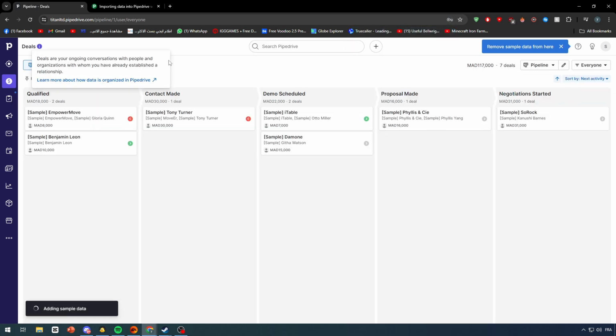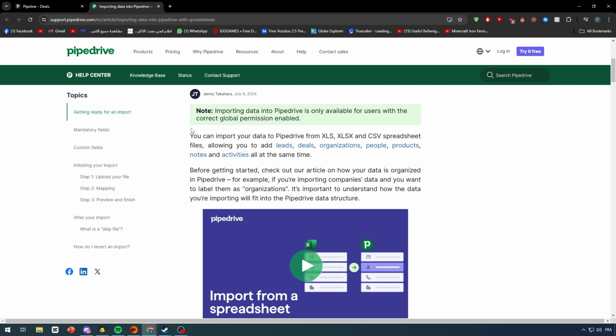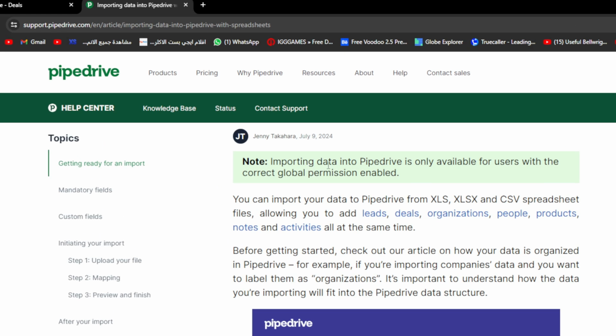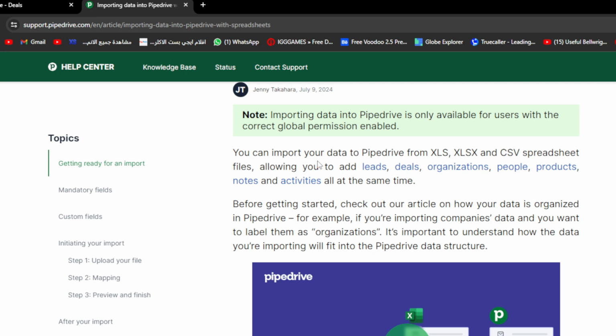So now, how can we import data inside of our Pipedrive account? For this specific reason, we are going to be guided by their help center. So here we go. Note, importing data into Pipedrive is only available for users with the correct global permission enabled. You can import your data to Pipedrive from XLS, XLSX, and CSV spreadsheet files, allowing you to add leads, deals, organizations, people, products, and notes, and finally activities, all at the same